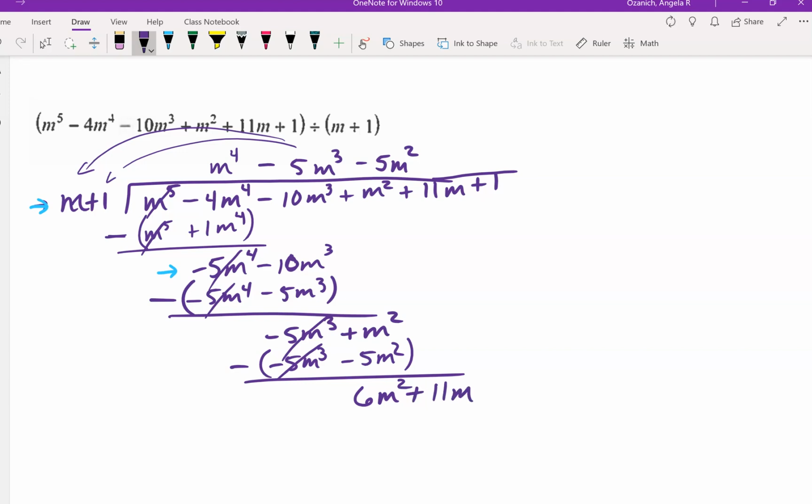Then you ask yourself, what do I multiply m by? Remember, we're coming back here. Let me get rid of our little blue arrows here and here. What do I multiply m by to give me a 6m squared? And you're like, oh, that's going to be 6m. So 6m